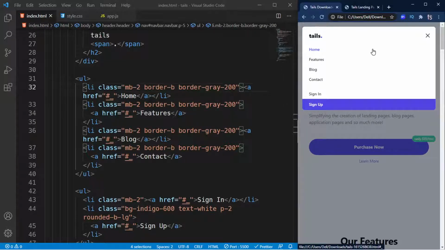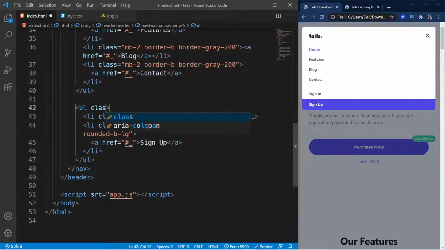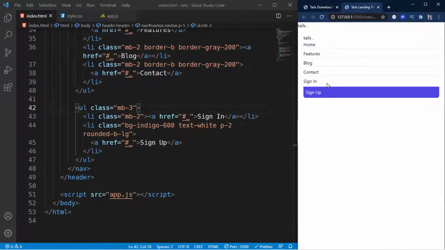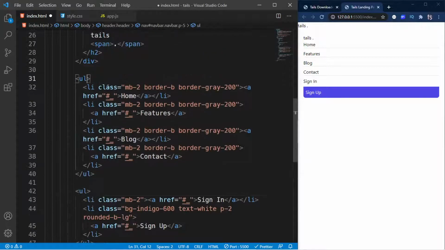It's our style. No one really cares. Okay, go inside this UL, give this UL a class of margin bottom of 3, separate it out just a bit from this. Oops, that's the wrong UL. I should have gone inside this one. Let's say 5